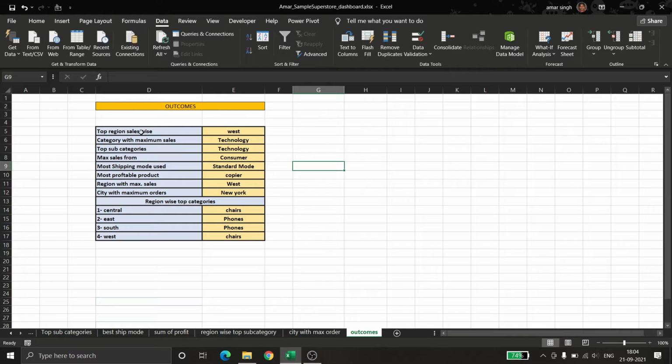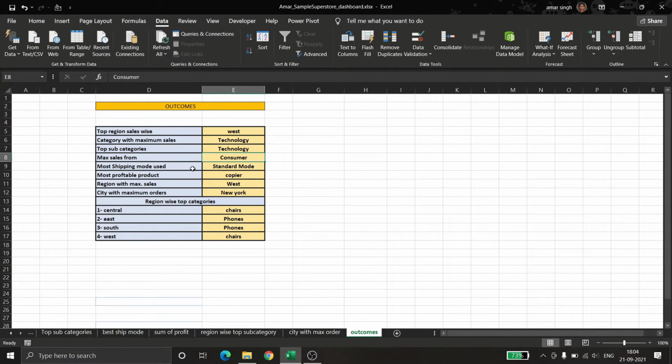Here in the outcomes table you can see that the top region wise sale is from the west region, which I showed you on the previous page. The category for maximum sales is the technology section. So technology is giving the maximum sales, and when the sales go upward, the profit will also go upward. In the third area we can see that the top subcategory is also technology, and the maximum sales come from the consumer section, which I showed you in the data visualization section.